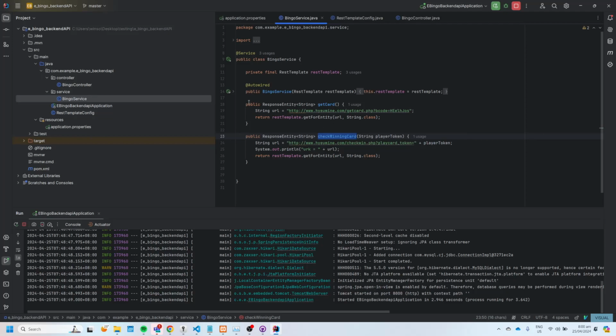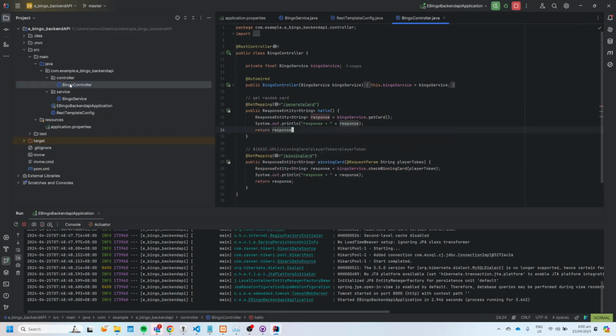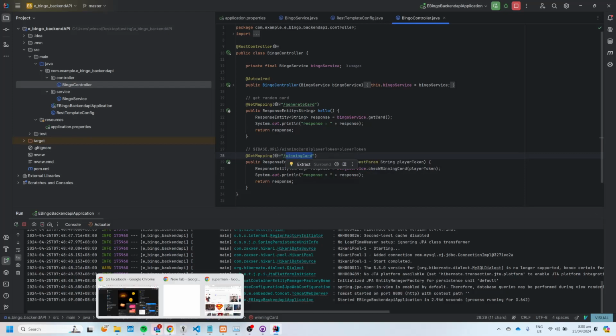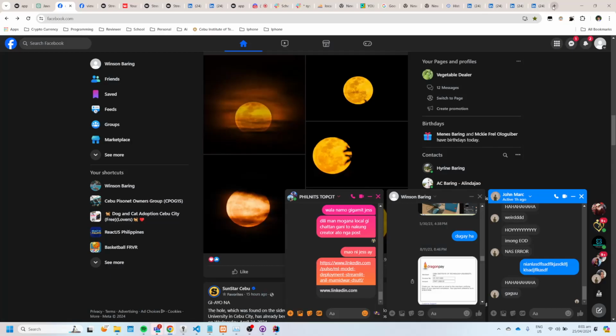So after I use the link provided, which is this one and this one, I connect it with my controller, and this is where I make an API out of an API. So I just return the generated card here, included with the token and the list of numbers of the bingo card. And for checking the winning combination, I just need to go to the winning card link and then input your winning card combination. So this is how we use it.